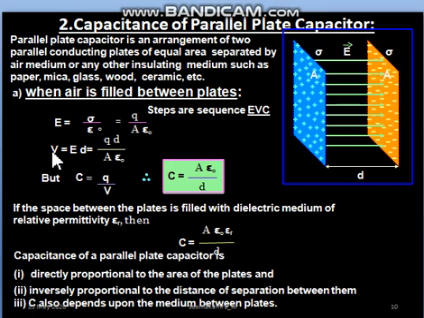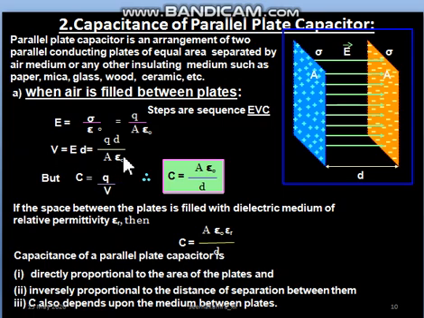Now voltage formula can be obtained with the help of electric field. So we have already discussed that E is equal to dV by dr. So that means voltage is always electric field into the distance. So electric field into the distance between the plates is d. So how to get the voltage difference between the two plates? That is, let us substitute E value Q by A epsilon 0, and d is already here.